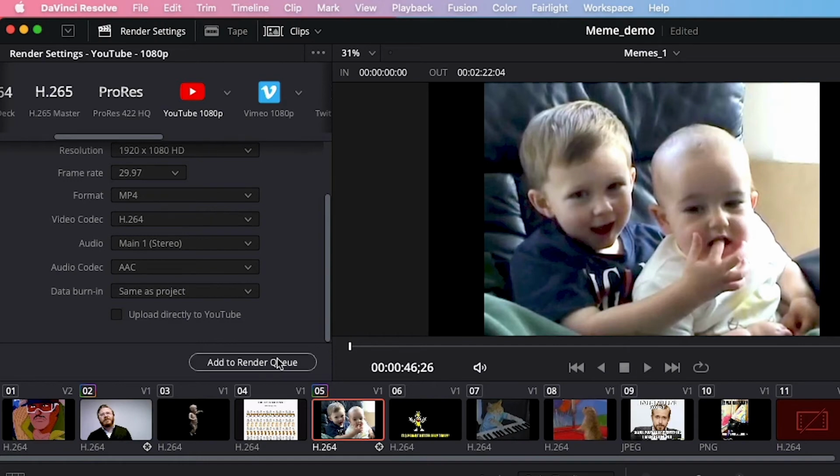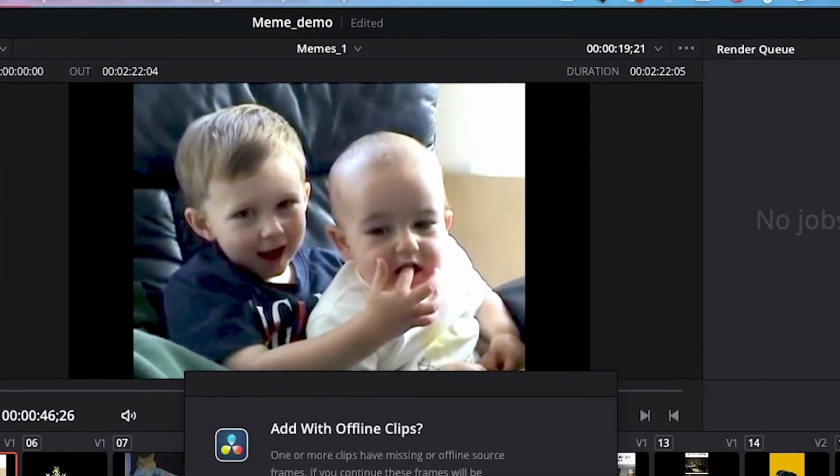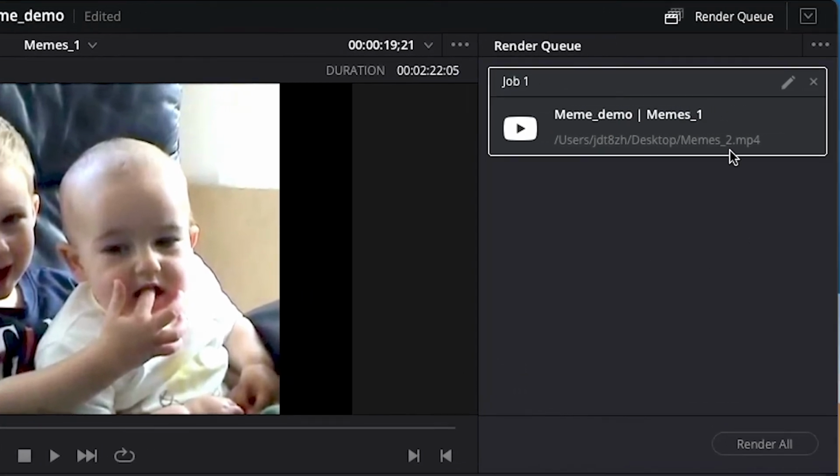From there, I can click Add to Render Queue, and it's going to bring it up over here in the render queue itself. And you can see it has the name and location. The cool thing about the render queue is that if you wanted to add more than one project in here and render them all at once, or different versions of a draft, you could do that all in a single render instead of rendering it, coming back and starting the next render. So then I hit Start Render,